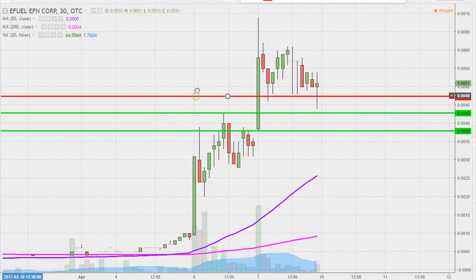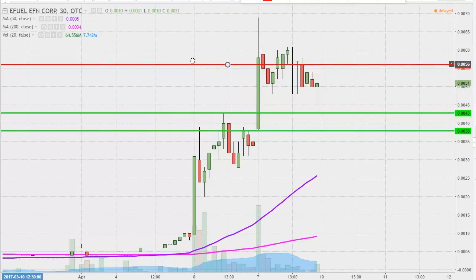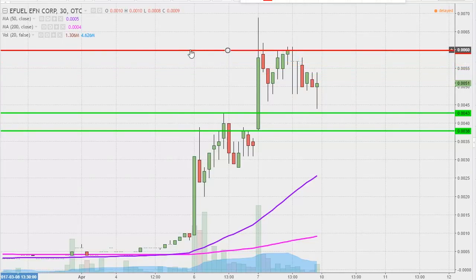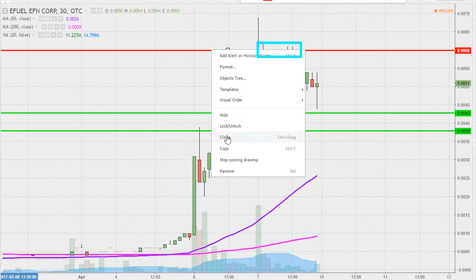Now, what about areas of resistance? Initial area of resistance before you can start talking about breaking through the highs of the day. Right up here at 006. If you watched level 2s today, then I'm sure I'm stating the obvious, but for whatever reason, the sellers decided to show up there. And yeah, the price got up above it a few times, but you get the point. Right around here, there's quite a bit of price congestion of sellers. So yeah, there are sellers that are hanging out at 006,